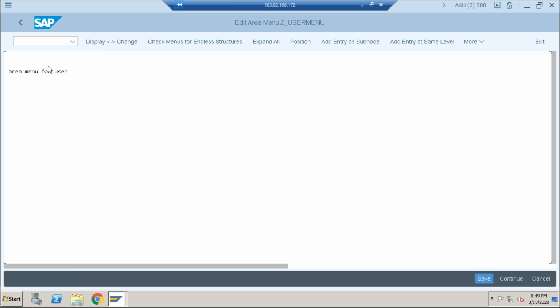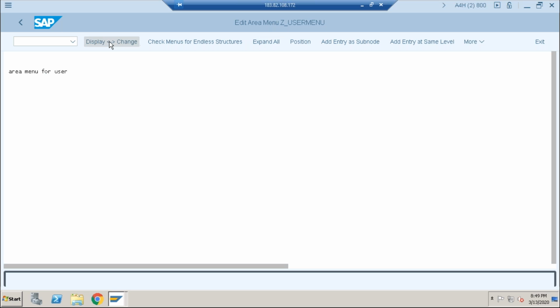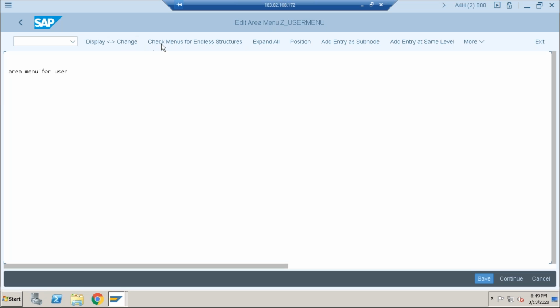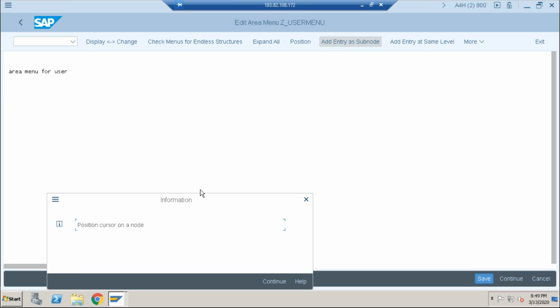This is go for display. Yeah, now select, no, this is change, this is display. Now select that. Go for add entry for the same. This one. Sorry, no. Select that. Select the cursor first of all.